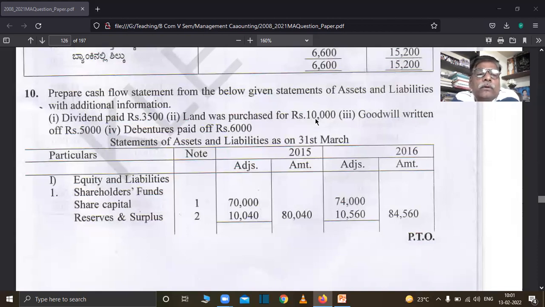Goodwill written off 5,000 is there. Goodwill written off is 5,000. So 5,000 goodwill written off comes in the funds from operation. It is non-operating expense. And debenture paid of rupees 6,000. Debenture paid of rupees 6,000 means it is the application of funds. It is the application of fund. Okay, therefore,